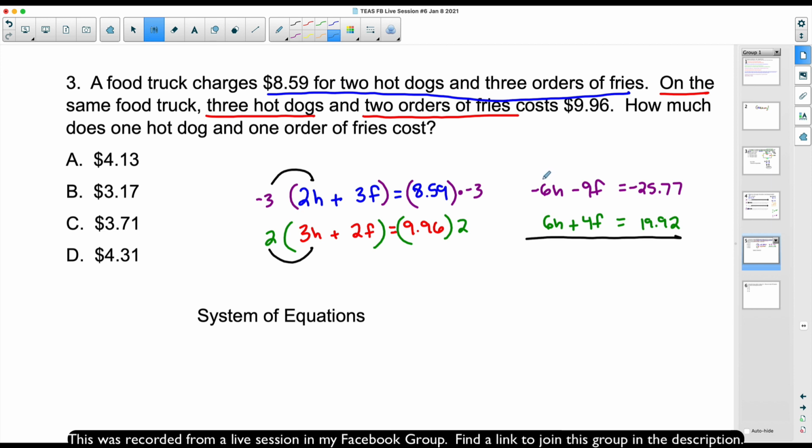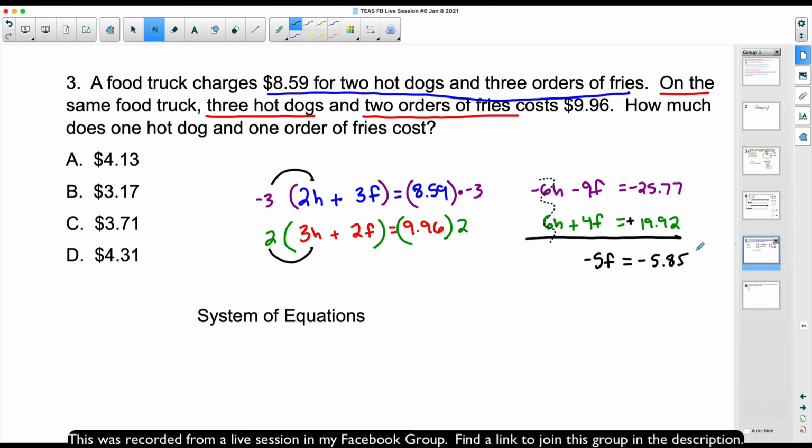This is called the elimination method. So -6h, and how did I get -6h? I multiply by -3. How did I get this positive 6h? I multiply by 2. They get eliminated. Again, there's other ways you could have multiplied that, but that's the way that I picked. Let's combine like terms. -9 French fries plus 4 French fries is a -5f, combining like terms. And then let's work this out as well. -25.77 plus 19.92, because this is understood to be a positive since we don't have a negative in front of it. So I'm adding that to -25.77, and this gives me